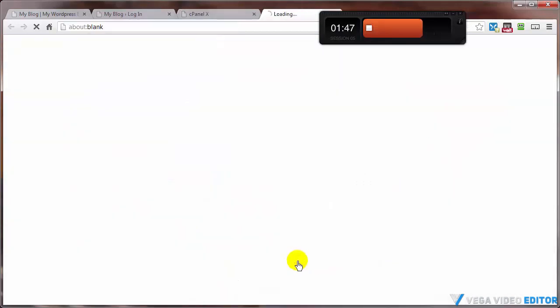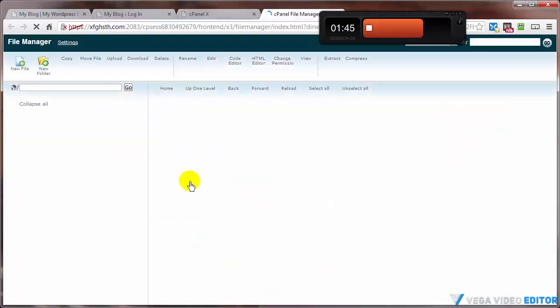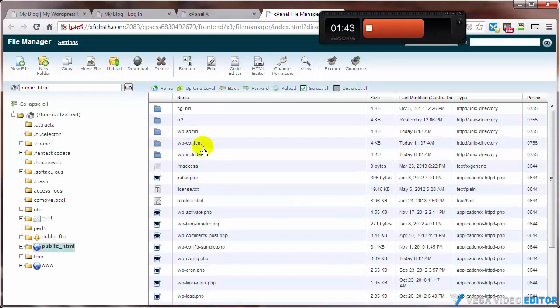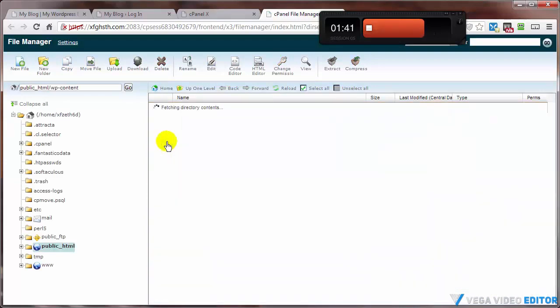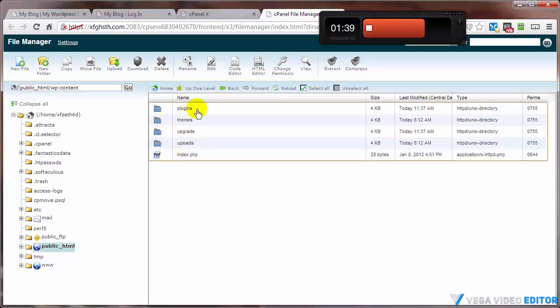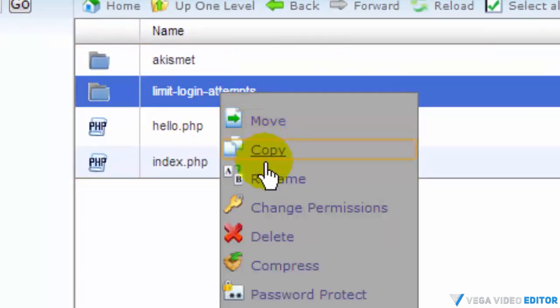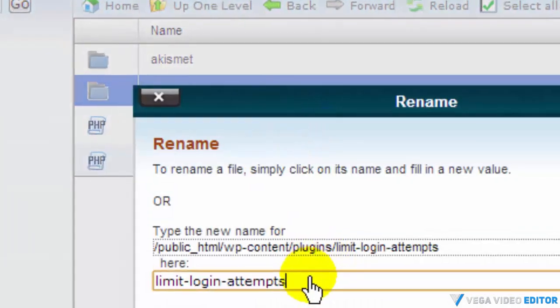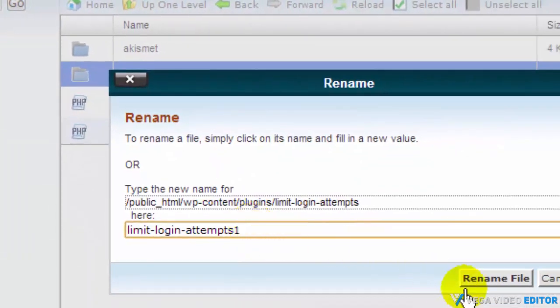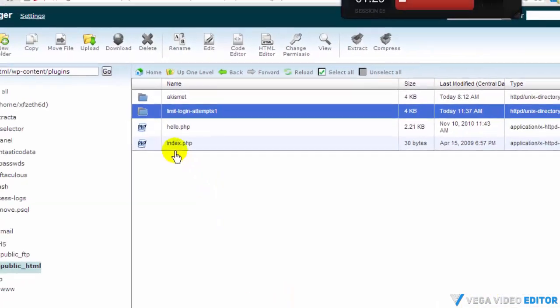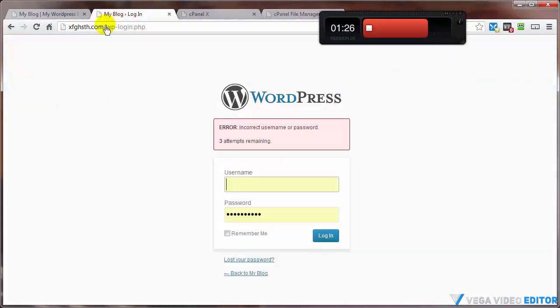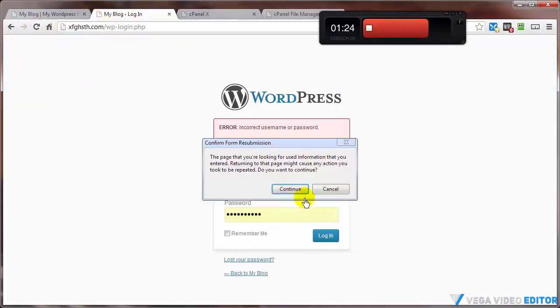Come on down to File Manager, look for that plugin, and just rename it. And that's in the wp-content directory. Open that up. In the plugins directory, open that up, and right here, just rename it. I just put a number or something after the end of it, like 1. Just basically change the name of it. And then come on back here, refresh, continue,